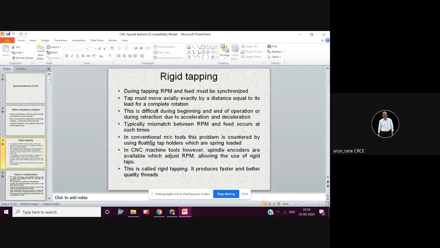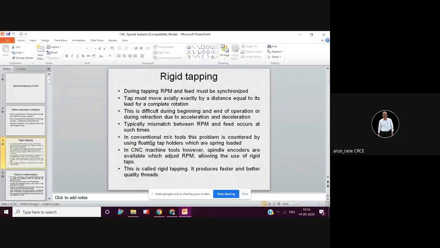Then what we are discussing in this presentation is what the different accessories and special features are. There is one more accessory, that is tapping, rigid tapping. Tapping is an accessory for the CNC machine. Without this attachment, you cannot do the tapping, even though you use the code G84. That G84 cycle is for the tapping cycle. So that code is there, but you need to have the tapping arrangement.